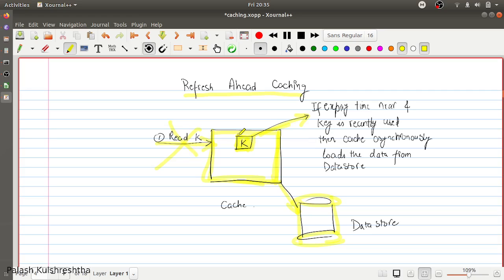So it is going to refresh according to the least recently used principle, that if this key K was used recently, then it can take a call to asynchronously update its data from the database. So whenever a next call to the key K comes, then it can be served in least latency. Because if it was a read through cache, then it would need to go to the database first, and then you will be getting the response. So your responses would have been slower.